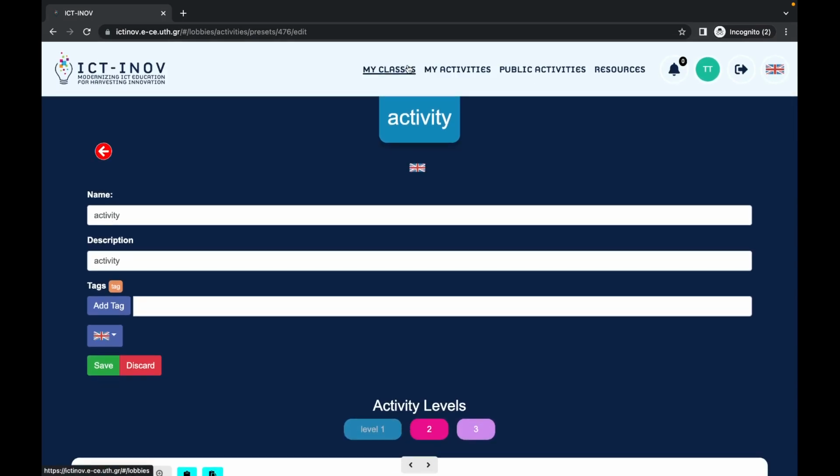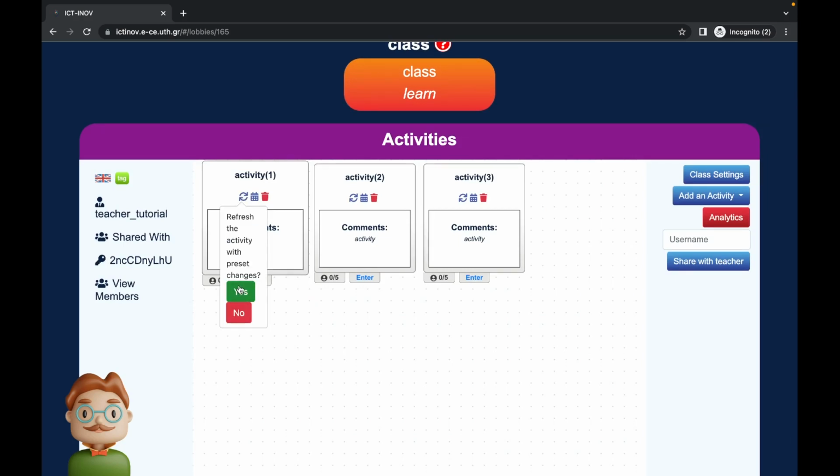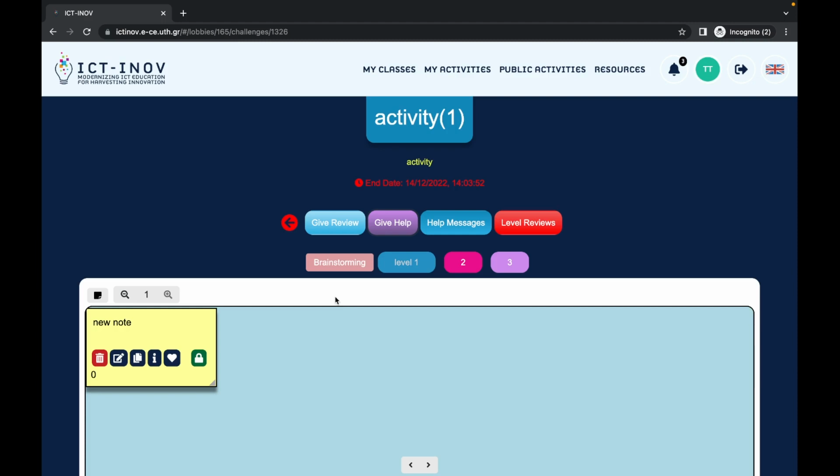Let's go back to my classes. Now click the Refresh button and enter the team. We can see that a new note was added. As a teacher, we have some buttons at the top used to review the student or help them by writing